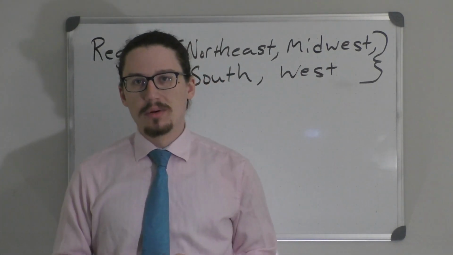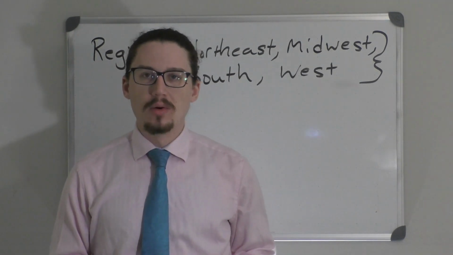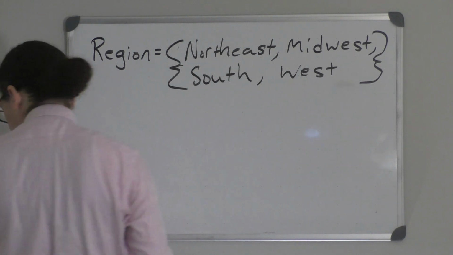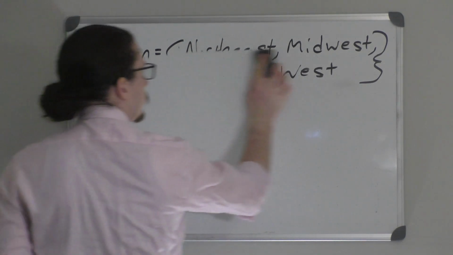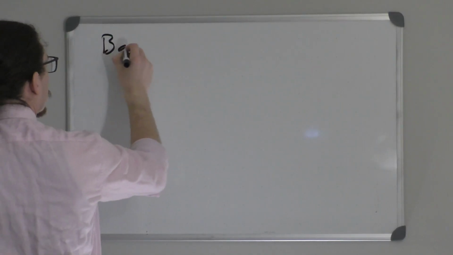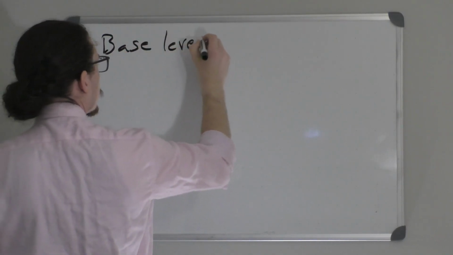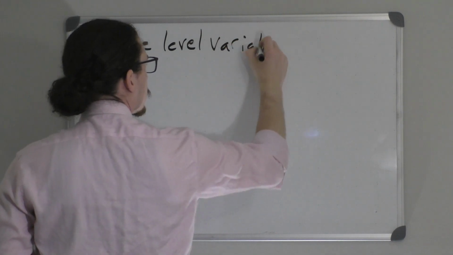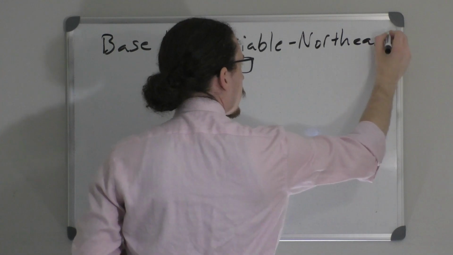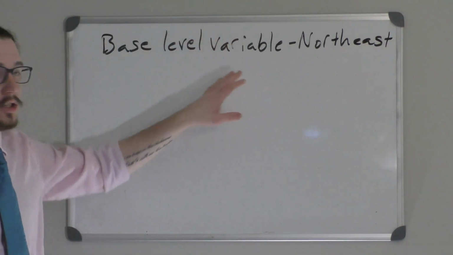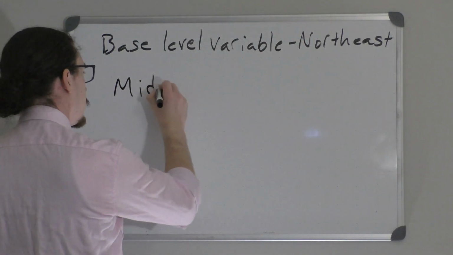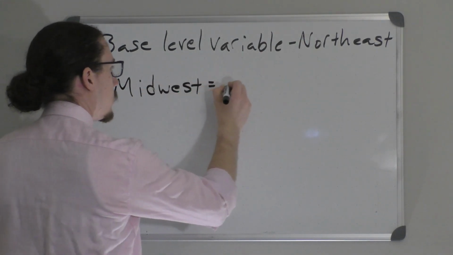So when we go to make these, creating these dummy variables is going to be pretty much the exact same as what we just saw. So we're going to leave out Northeast. We're leaving out Northeast as our base level variable, and then we're going to create